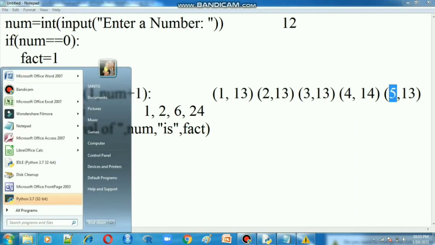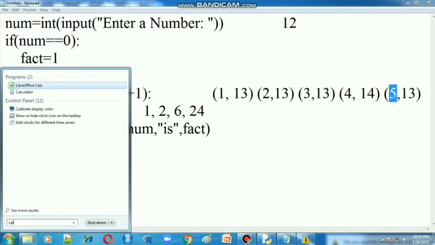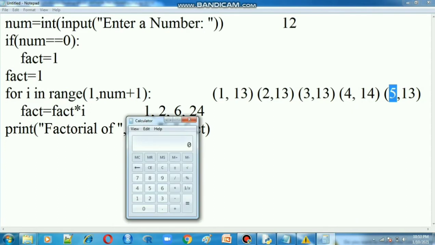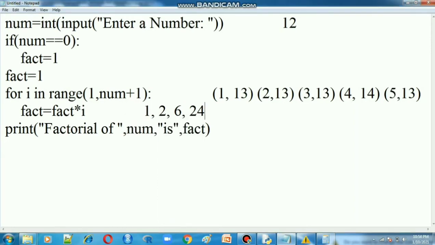You have to open a calculator otherwise. 24 into 5 is 120. Now the fact value is 120, and this 120 will be stored in the fact variable. This fact variable itself holds the last value, 120. So in the print function, the fact value 120 will be printed.